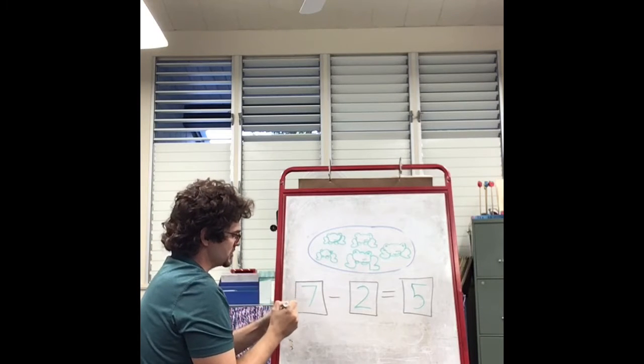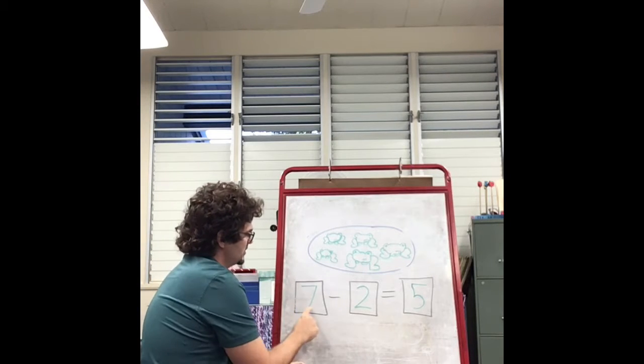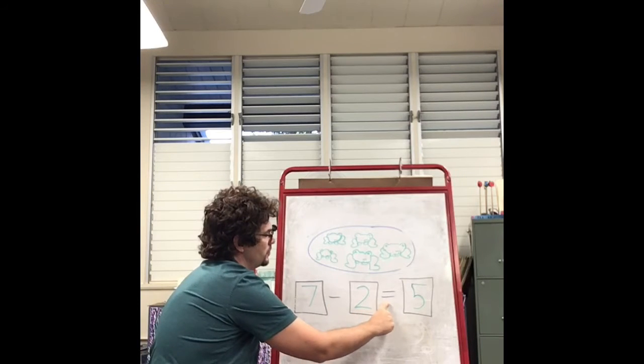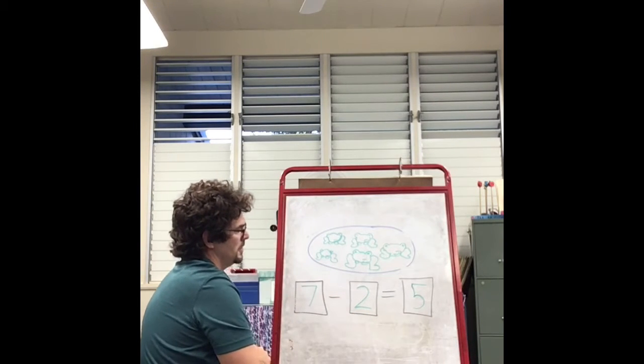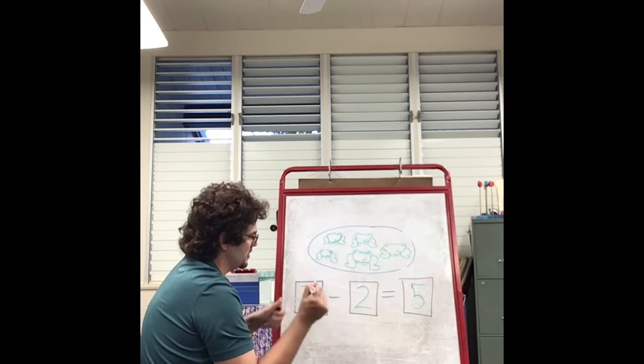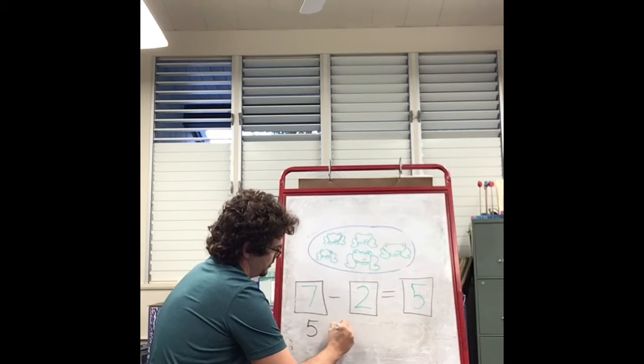So now our subtraction problem reads like this. 7 minus 2 equals 5. And that is a true fact. I know it's a true fact because I know that when you turn those things around and you do 5 plus 2,